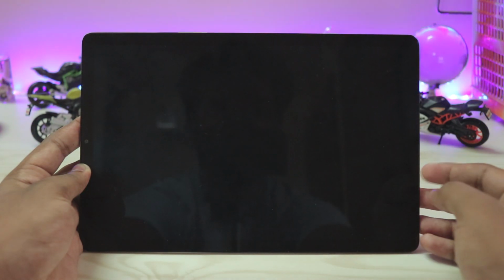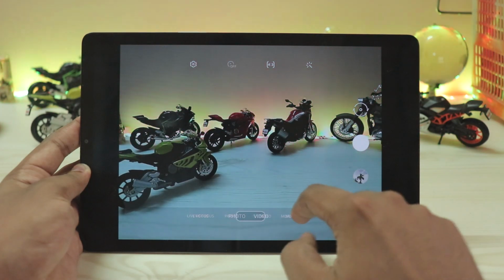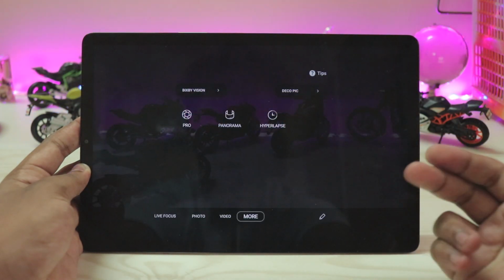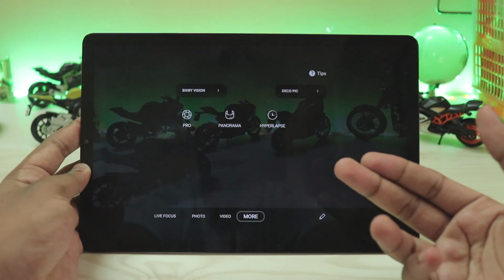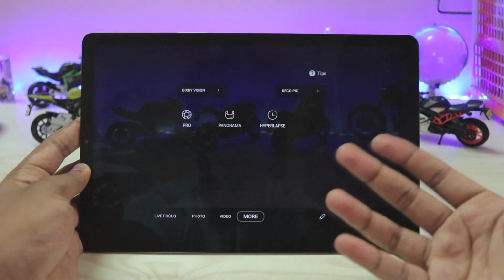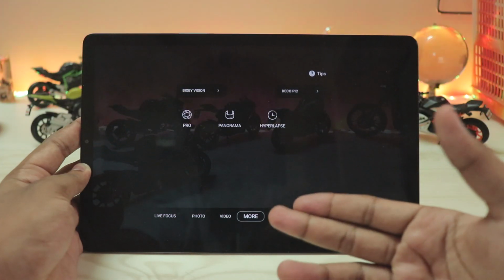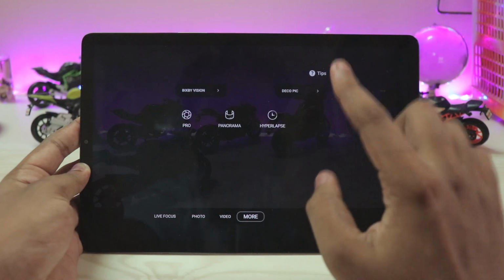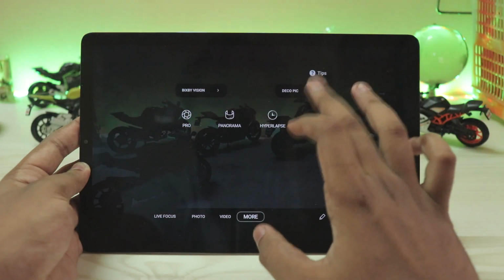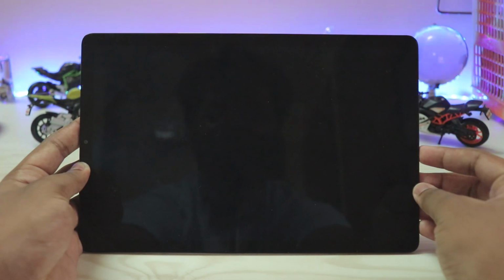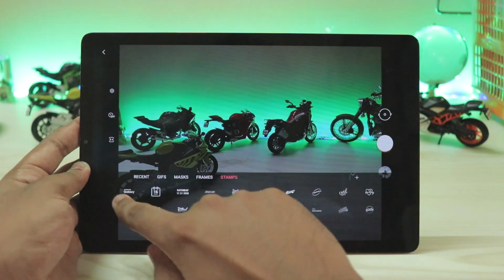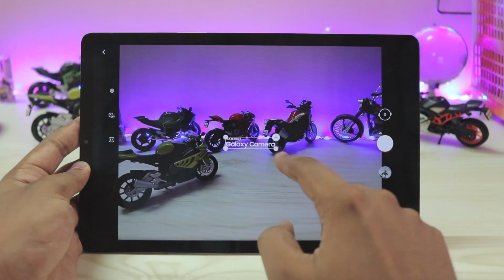There are no Pro Mode features or something. You do get a Pro Mode camera, but it's a tablet, so why? Again, it's quite laggy. As you can see, I switched to the mode, but it took like 2 to 3 seconds to switch. That happens when you have the 4K video on. But now if you go here, you have Deco Pic for pretty much all the firmwares. So again, it's a very useless addition, to be honest. I mean, it doesn't have any kind of useful features other than these stamps. So you can have a device specific stamp like a Galaxy camera or a Galaxy Note 20 Ultra or something.